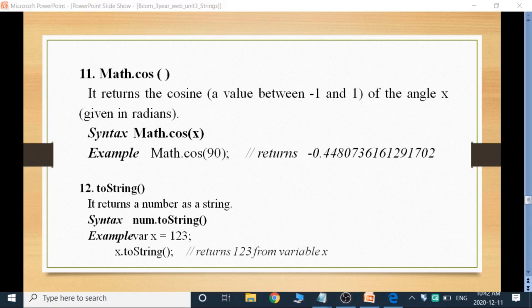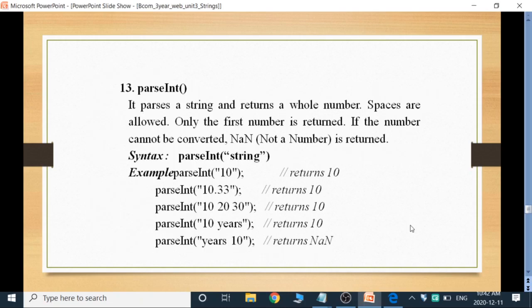Next function is parseInt. It parses a string and returns a whole number. Spaces are allowed. Only the first number is returned.